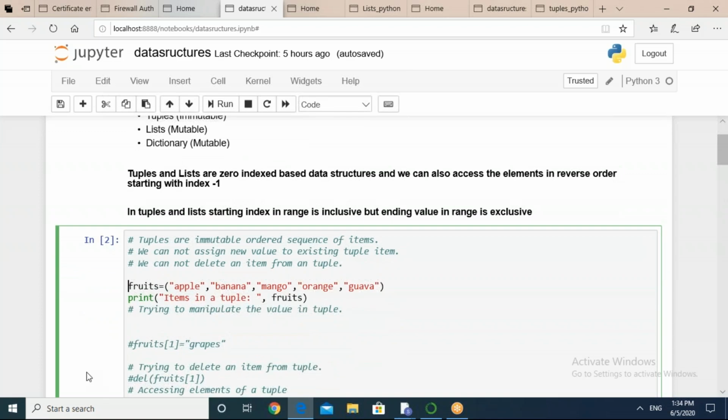In the first example of tuple, I have taken a list of fruits, and there is a small variation. In list, I have used the square brackets. In tuples, only parentheses are allowed. आप यहाँ पे square bracket नहीं लेंगे, parentheses use करेंगे. Print items in a tuple and name of the tuple. So up to this point, it's very easy.